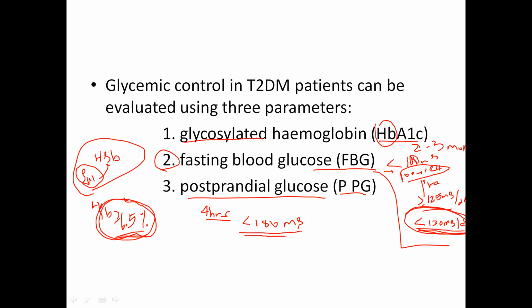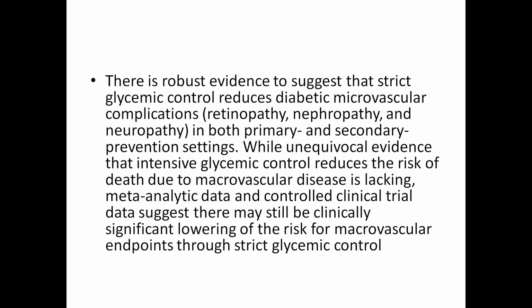180 milligram per deciliter. And this is a control. I mean, this is what we need. This is a controlled range, especially in the diabetic patient. So when we go back to our question, there is robust evidence to suggest that strict glycemic control reduces diabetic